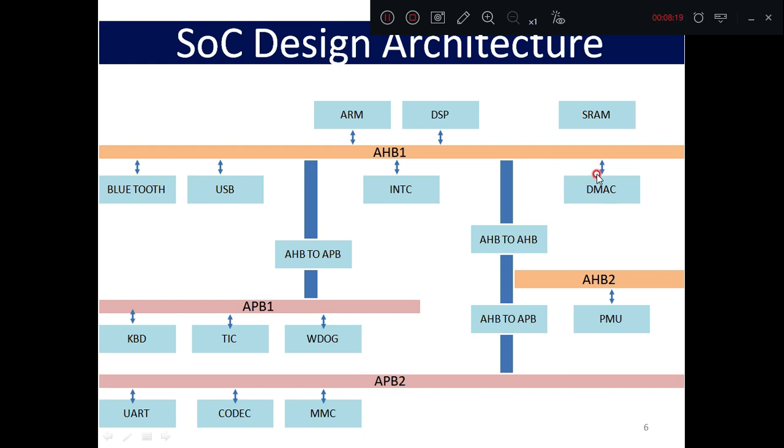See, suppose this DMA controller is not present and we need to transfer data, for example, from this to the SRAM. If this is not there, all the data has to be transferred to one of the processors and then to the SRAM. What is the speed of this? The speed of this is very low compared to the processor speed. Then, till the transfer is over, the processors will be blocked.